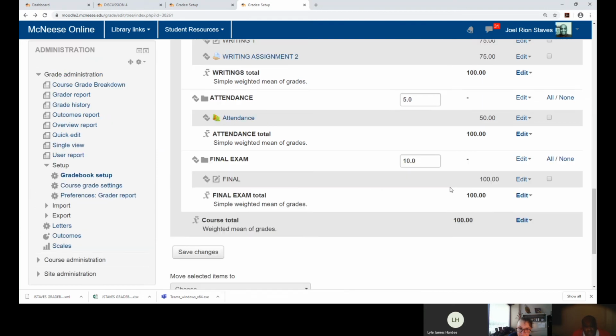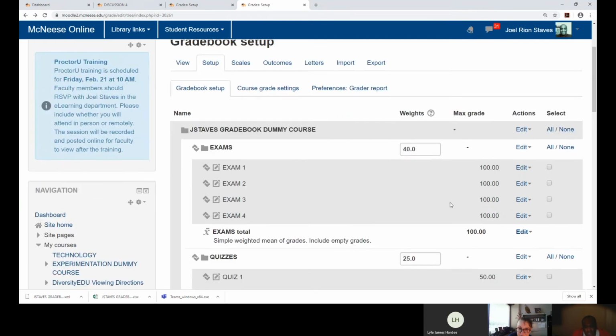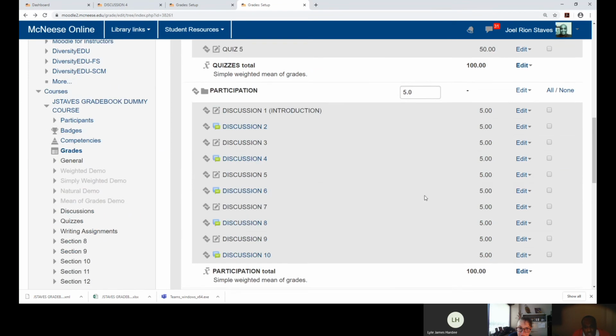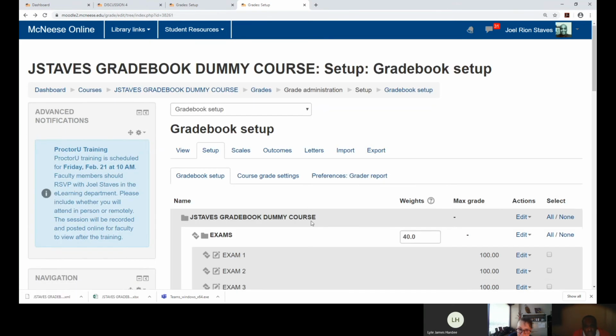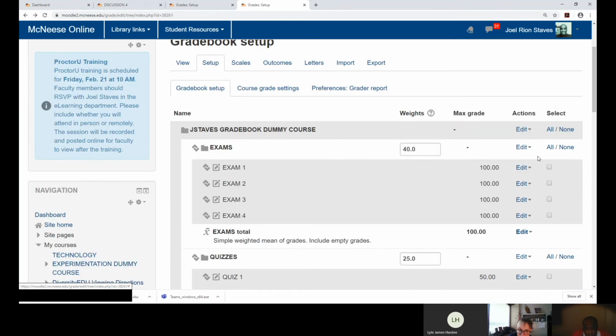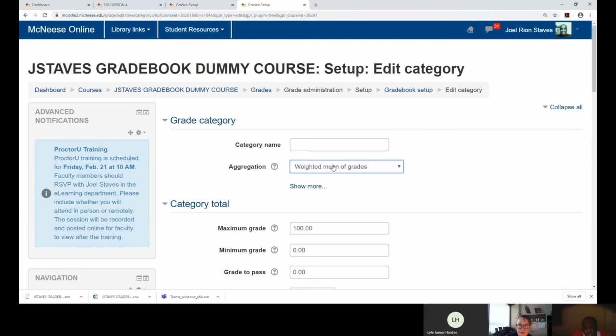And this is 1,000 points roughly, but let's say you wanted to add an additional assignment somewhere and you still wanted this to be 5% of the grade. If you still want that, that's the setup that you would ideally use. And whenever you're wanting to do that, you would go to edit settings. You see where the title of the course is right there. You go to edit settings and you can set